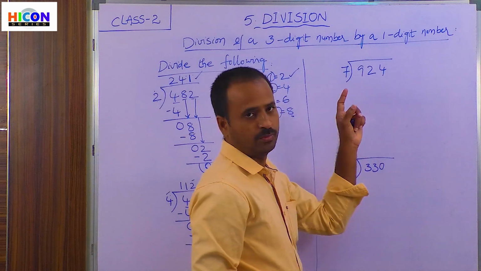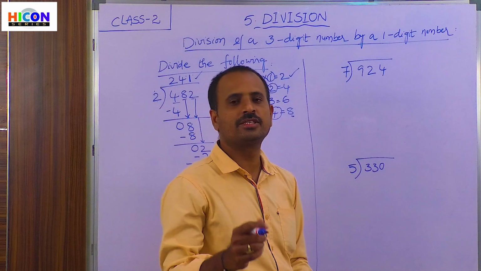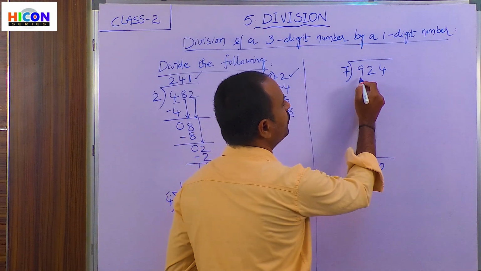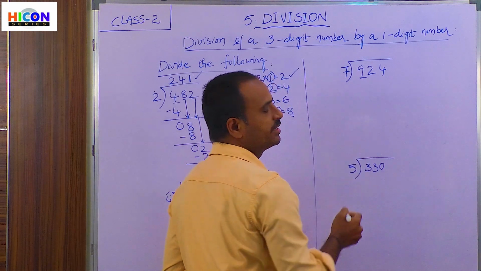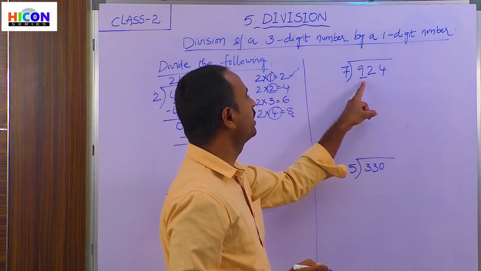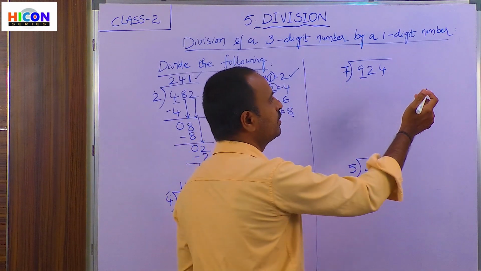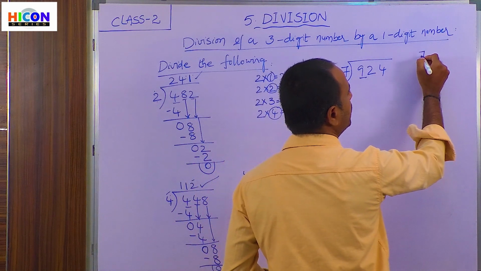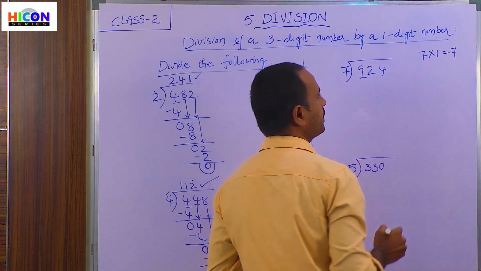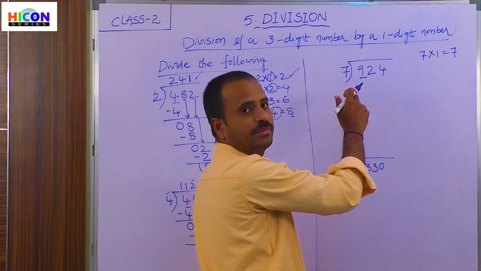If there are more than 2 digits, we have to do the division by taking each digit separately. So let us take the first digit in the dividend. What is the first digit? 9 is the first digit. Let us find when the number 9 comes in the 7th table. Let us recall the 7th table once. Take one time, 7 ones are 7. And continue to write the 7th table until we get the number 9.